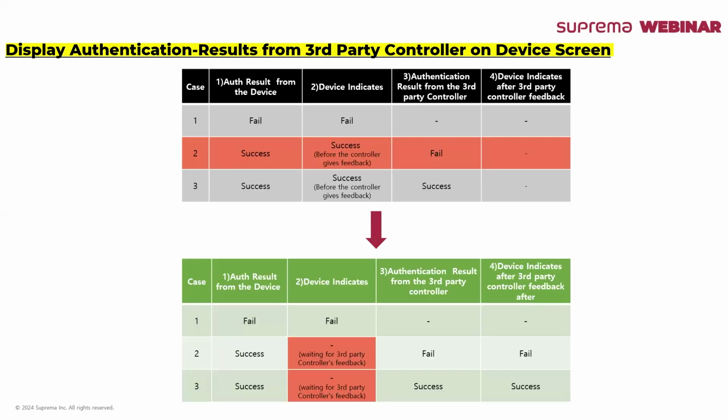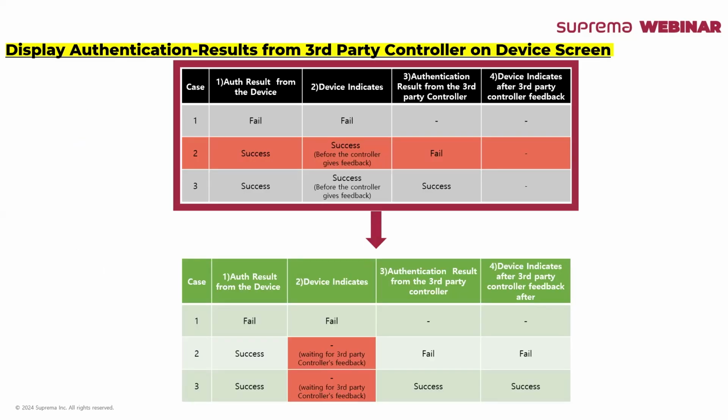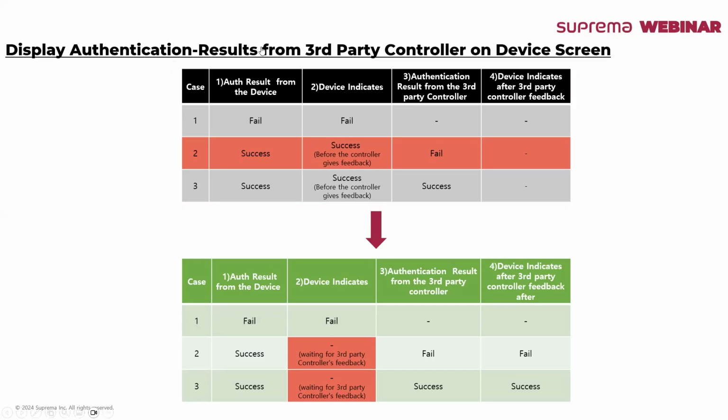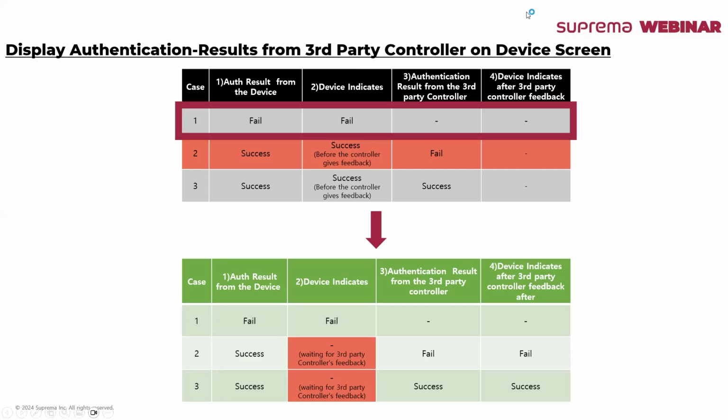Now, the first chart you see highlighted in gray and black is the previous way it worked without this new feature. Currently was the process. Suprema Device with LCD screens being used as an OSDP reader connected via RS-485 with third-party controller, either a slave or intelligent slave, shows device matching result as below. So the case is when there's an auth result from the device, there's either a fail case or a success case, right? Now, when it's a fail case, it was not an issue and it's not a problem, but it's the case